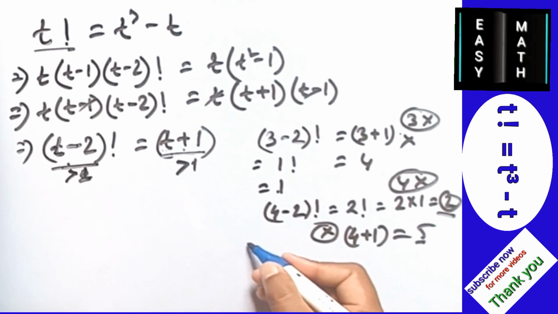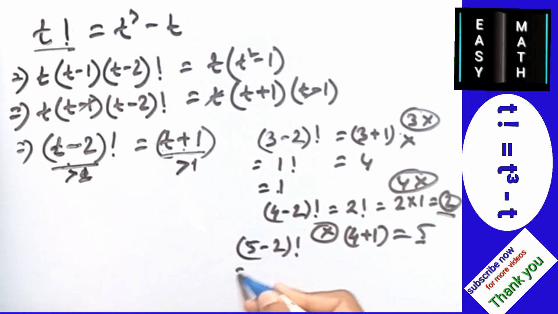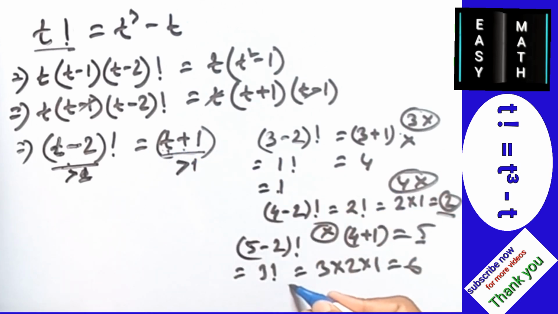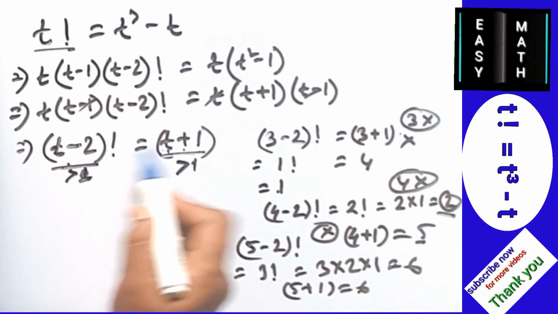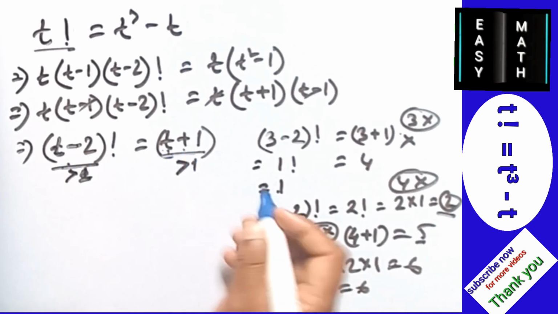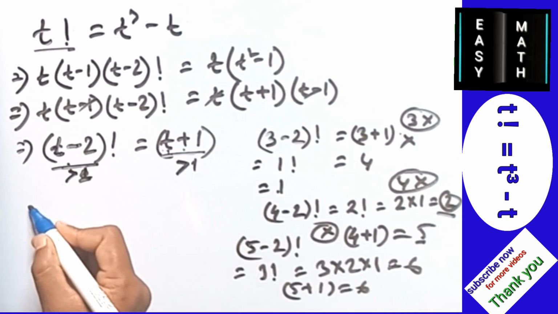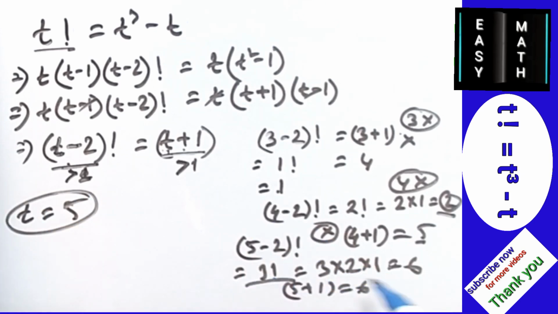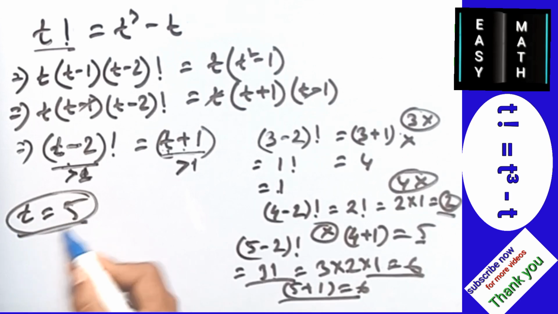Again, if t value is 5, so 5 minus 2, this is 3, so 3 into 2 into 1 is 6, and this side 5 plus 1, this is 6, so both sides are similar when the t value is 5, so both sides are satisfied, this side is 6 and this side is 6 when the t value is 5,